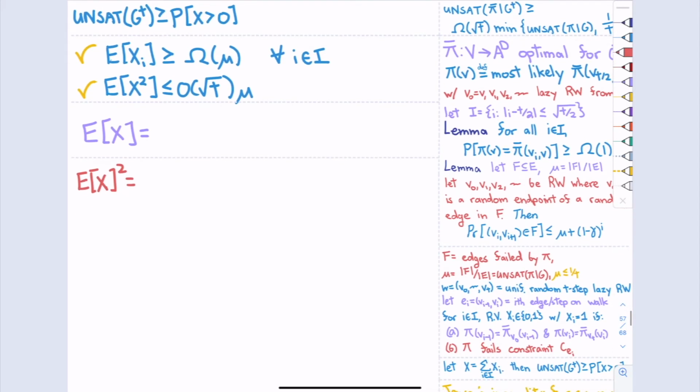All right. So that brings us to what we originally wanted to prove, which is lower bounding the probability that x is greater than 0. So the first thing we do is we analyze the expected value of x. So this just applies that first claim and linearity of expectation, and the expected value of x is going to be at least square root t times mu or so.